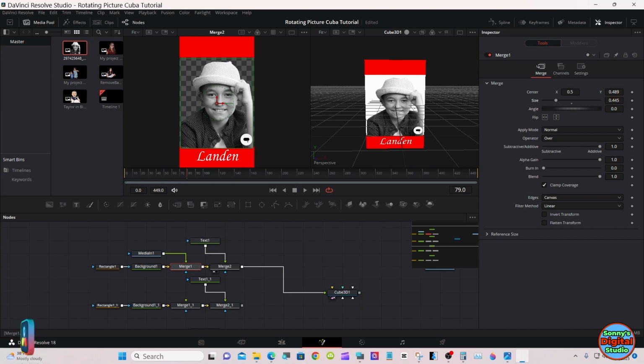Size it accordingly and adjust height and the X and Y value for sideways or up and down. Try to set it right on the red. Well, we can go back later and fine tune these.